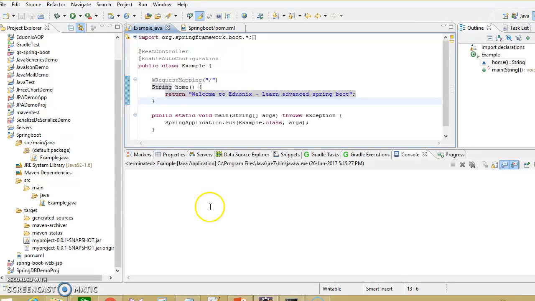So that's it about the simple Spring Boot application. Hope you have enjoyed it. Now play with it. Try to implement some additional features. Hope it will help you